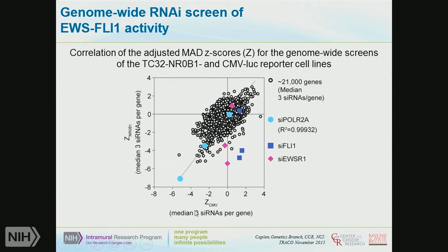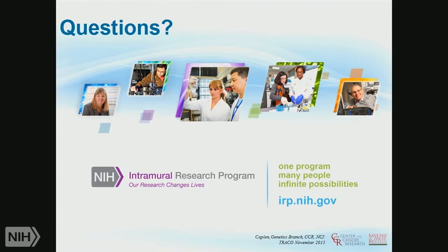And what you're seeing here is a representation of the whole genome data. So you're looking at 90,000 plus data points within this. We know that if something is affecting transcription generally, it goes across this axis, but we can find the proteins down here that mimic the siRNAs that target EWS-FLI1 itself, that are just required for this transcription factor. And as I say, we're very pleased that the paper was accepted actually on Saturday, so it's very good.